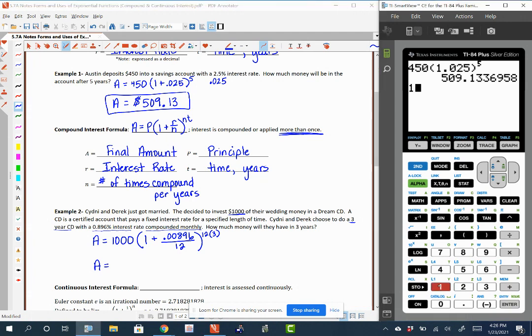So I'm going to type this in exactly how I see it. I've got $1,000, and then in my parentheses, I don't really know what this decimal is, and you could figure that out and add it to 1, but I'm going to go ahead and type it in just as I've got it written on my paper. I'm going to increase this by, and I'm going to put in my fraction,